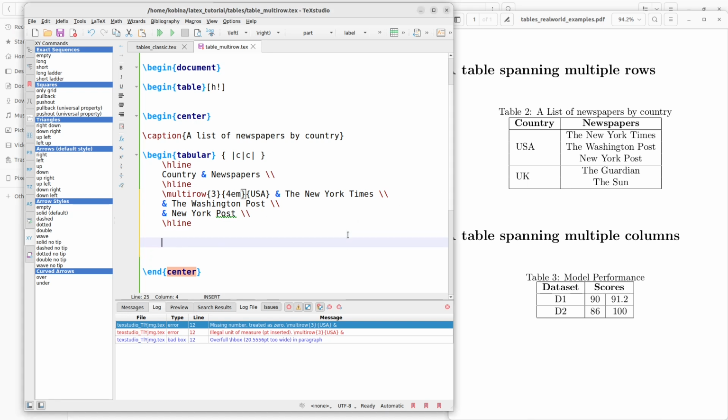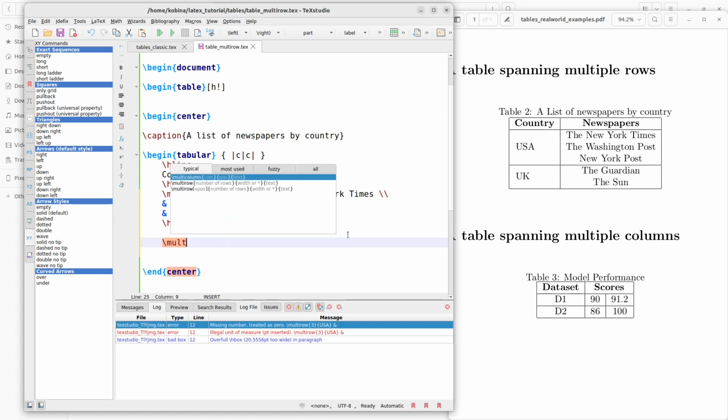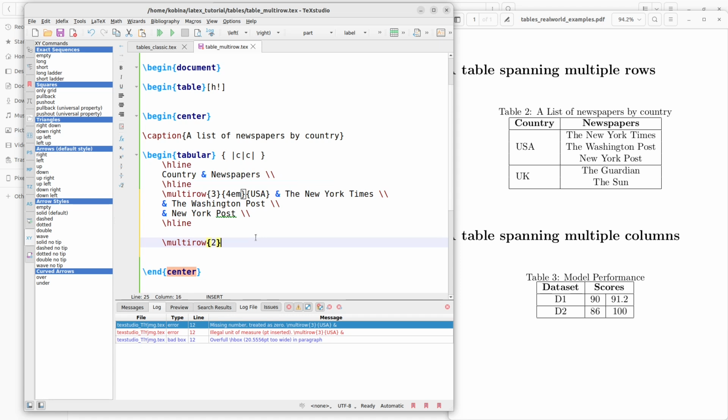So here it becomes /multirow, and here it is spanning 2 rows. Guardian, and the Sun. And so it's 2. And then the column width, we will use the same for EM. And then here it becomes UK. Then end,